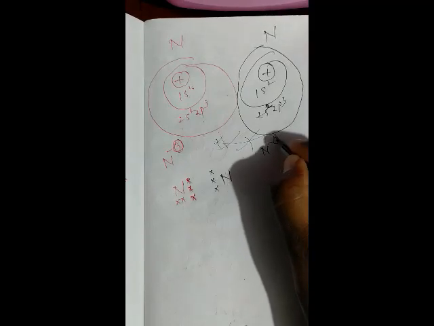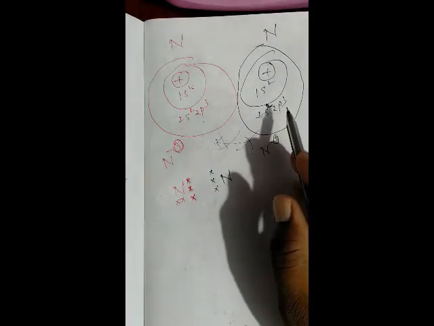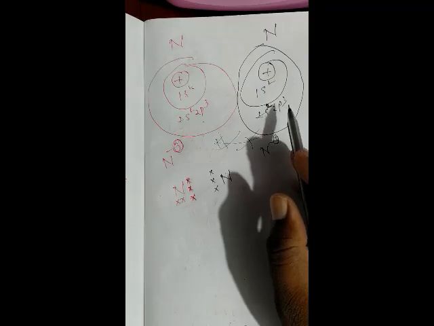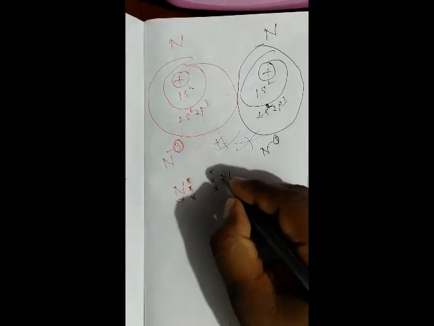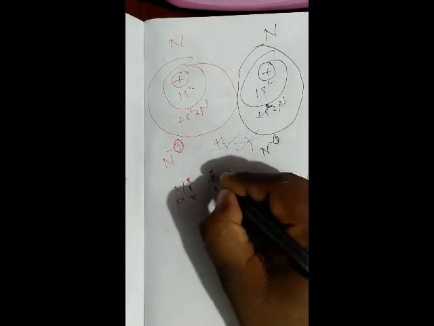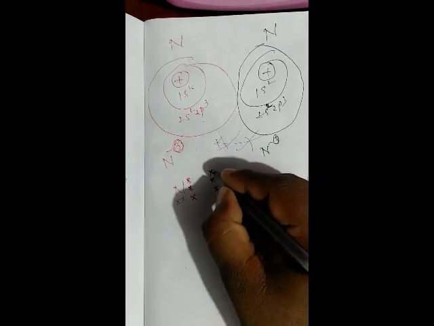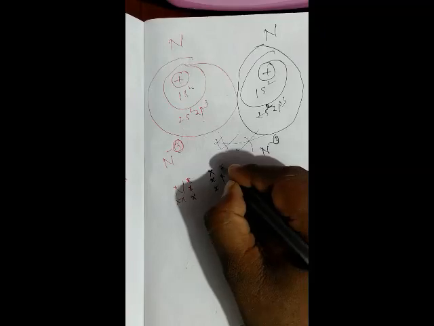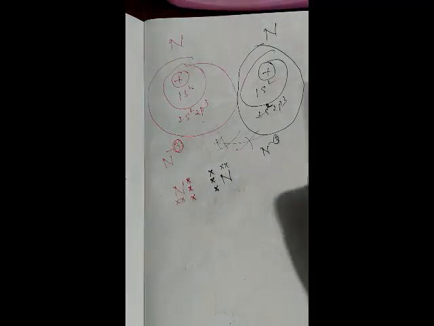Valency number 3. Next, 2 plus 3, 5 electrons. That 5 is not a valency number; the 5 indicates valency electrons. So write those valency electrons. So 1, 2, 3, then 1, 2, 3, 4, 5. Like this.